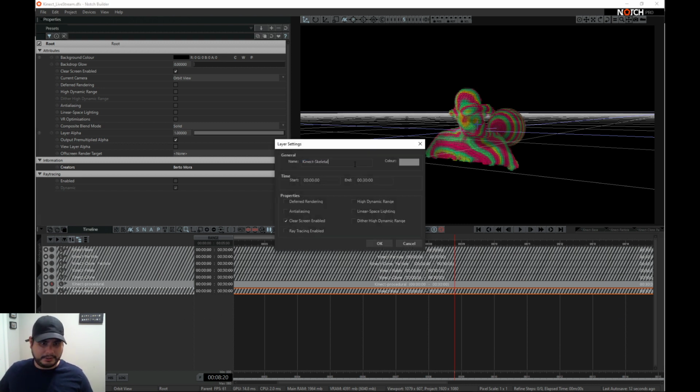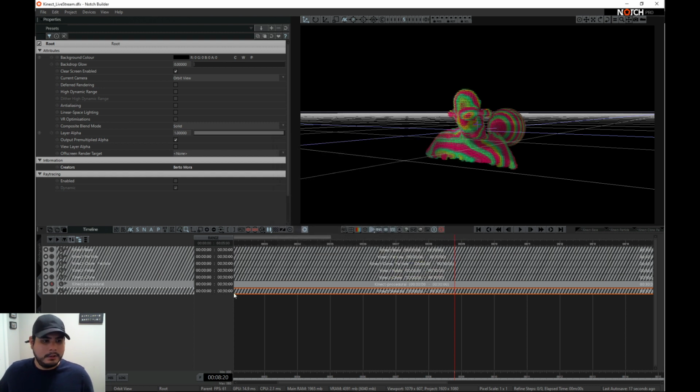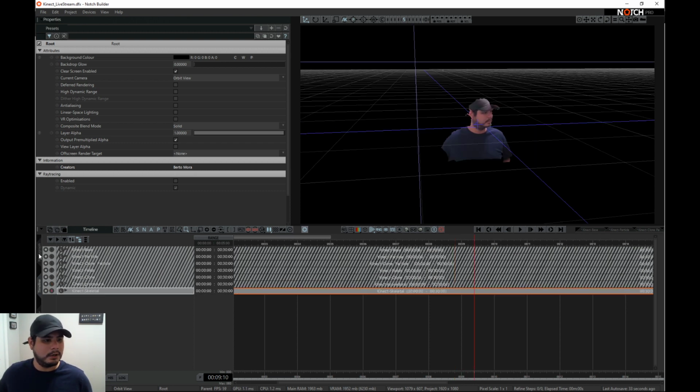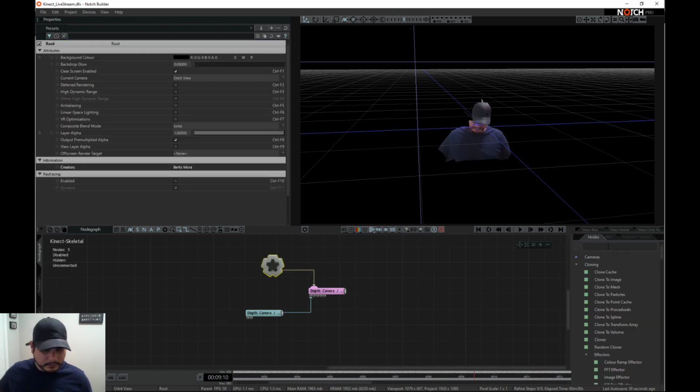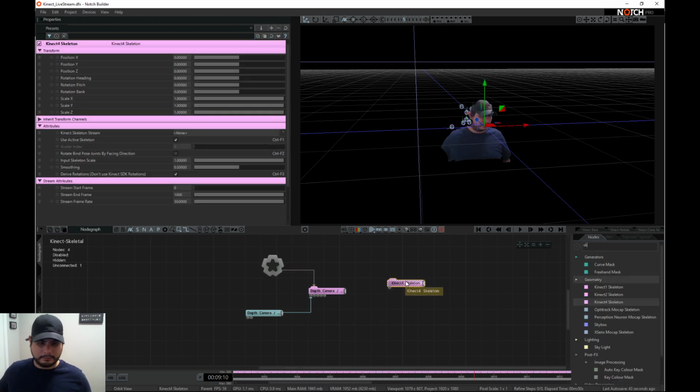The one thing about the Kinect skeleton is, you can get the Kinect sensor working by itself, but if you don't install the Kinect Skeletal SDK and download their DLLs into the Notch folder, you're not going to be able to get the Kinect Skeletal. So to get the Kinect Skeletal, let's go ahead and type in skeleton. Grab the Kinect for skeleton,